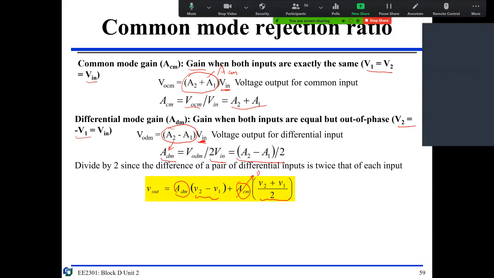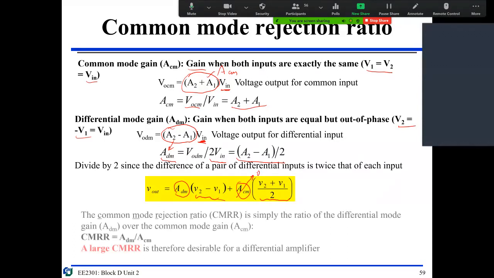Then it's an ideal differential amplification. So then I put ACM as a denominator, and ADM as a numerator. Then the ratio, ideally, is infinity, right? Infinity. This is called common mode